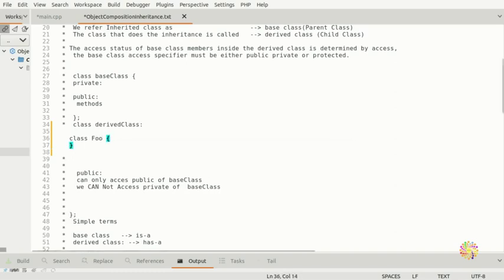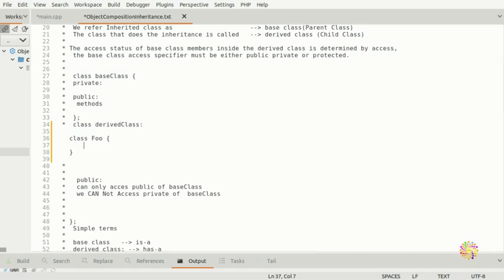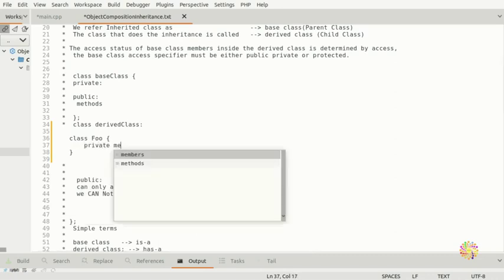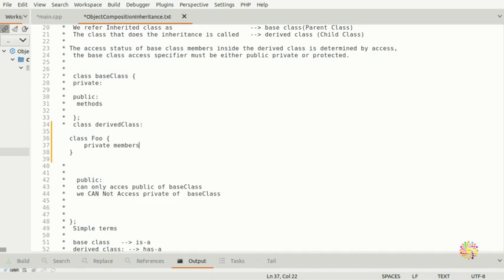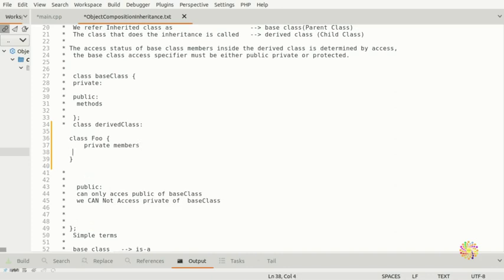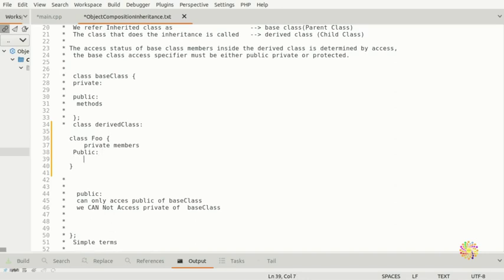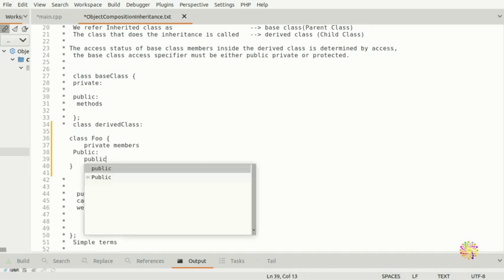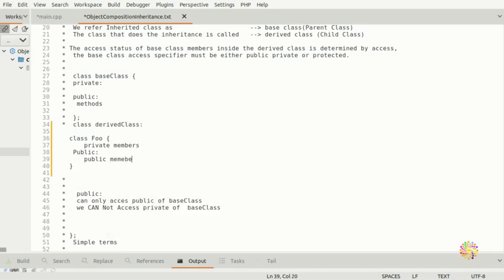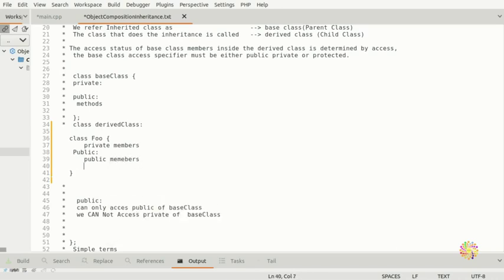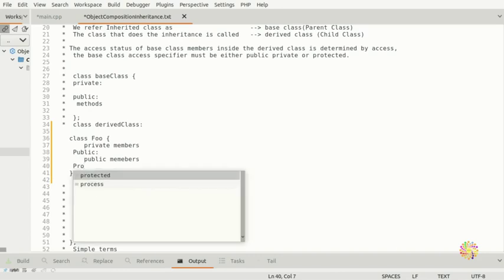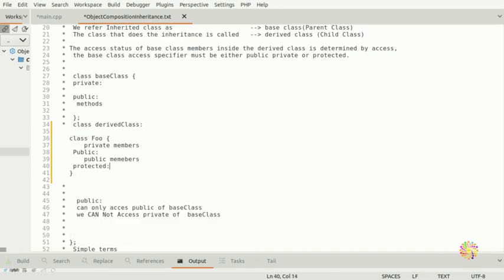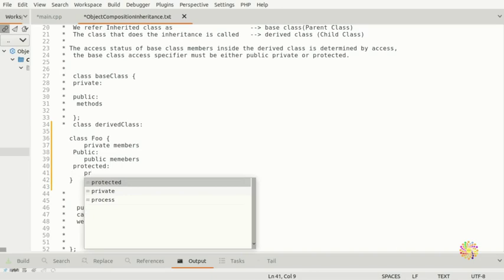In the class foo in C++, we have private members, then we have public members, and then we have protected members.